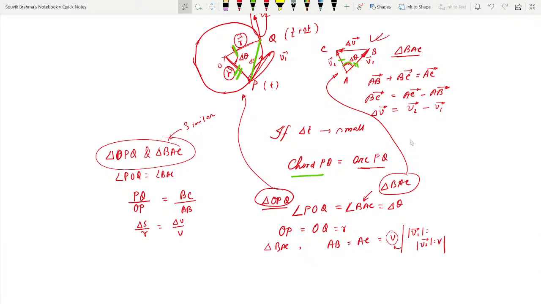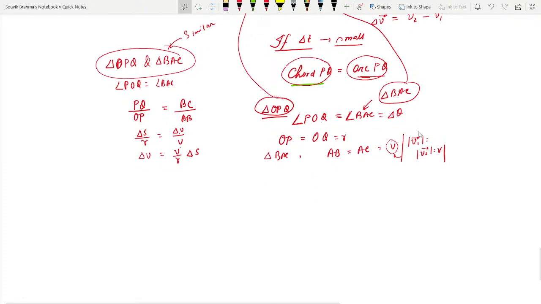बताया था ना कि जब ये कंडीशन है, इफ डेल्टा T इज वेरी स्मॉल तो कॉर्ड PQ आर्क PQ के बराबर हो जाएगा। ओके, सो PQ इज इक्वल टू डेल्टा S, और OP था R, और BC था डेल्टा V, और AB था V। ओके, तो यहां से डेल्टा V इज इक्वल टू V बाई R इंटू डेल्टा S, ठीक है, क्रॉस मल्टीप्लाई किया। नाउ डिवाइड करो बोथ द साइड विथ डेल्टा T,